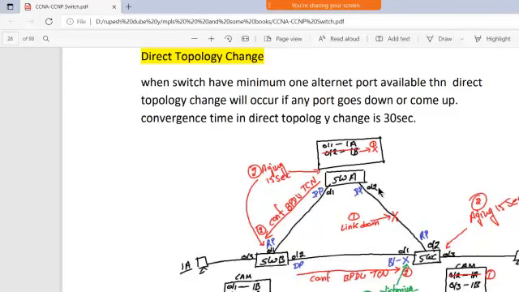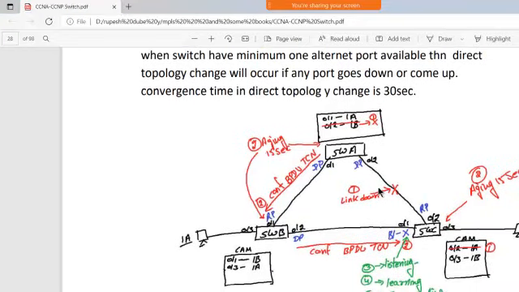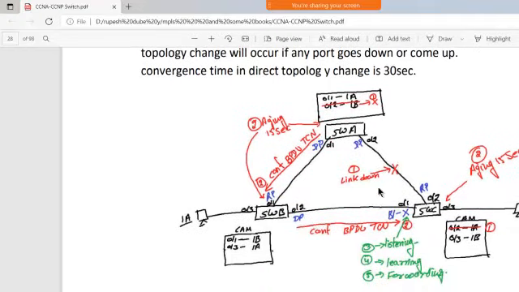The second step is it will take the 1500 aging time that we have. Means it will wait for the 50 seconds, and then it will just remove that MAC address from their CAM table, right? So suppose the CAM table is maintained, suppose on this interface the MAC address was 1A, and this interface goes down, then this will remove that MAC address from their CAM table, and then it will check, do I have any backup port or not?